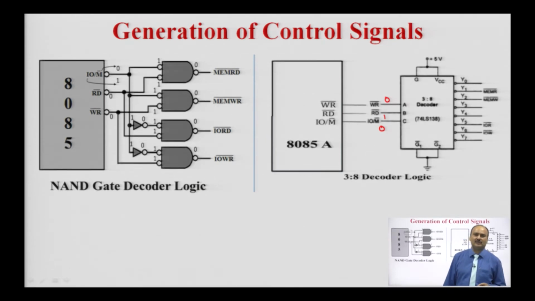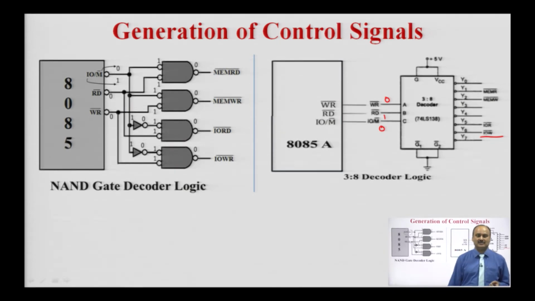Similarly, for input output related operation, the status on input output or memory is 1, read signal is 0 and write signal is 1. So, the combination is 1, 0, 1, and the output Y5 is activated. It gives an active low output, which is used for the generation of the input output read control signal for the input output device. Similarly, for the input output write control signal, the combination is 1, 1, 0, that is the output Y6 gets activated,